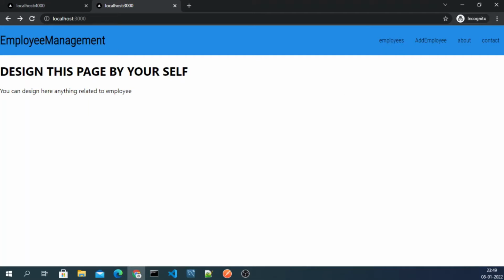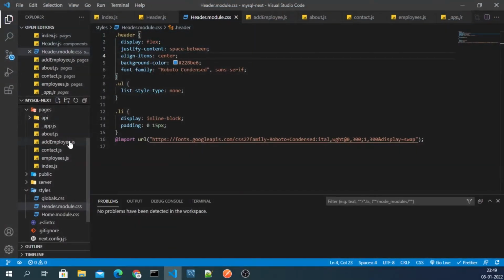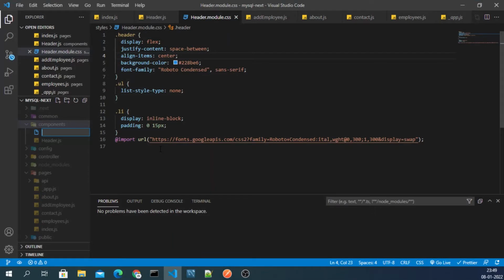For that, I'll simply first go inside my components, and inside components I will create a component, and that will be employeelist.js.